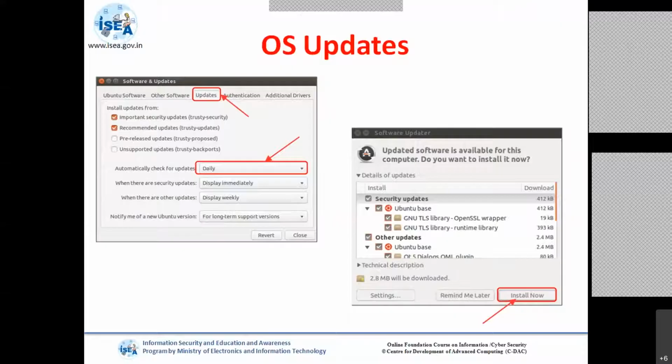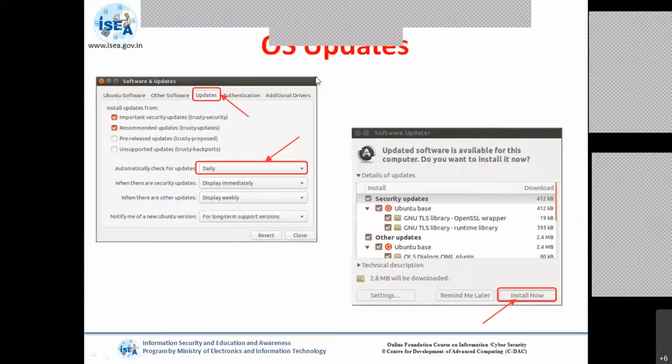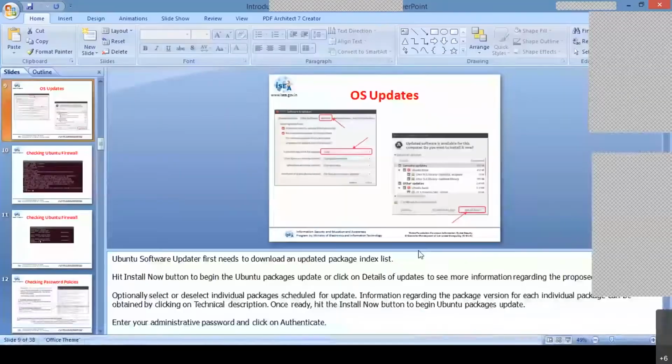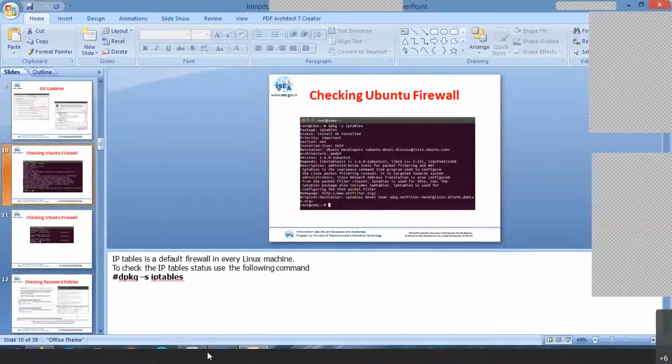There is one command, and there is one PDF file through which we can install it. Okay. So that is what you can see. I'll just open one VM so that you will get clarity.